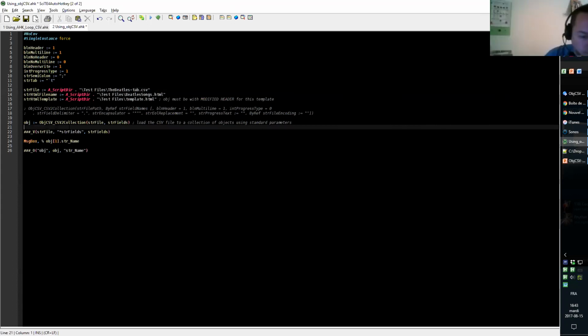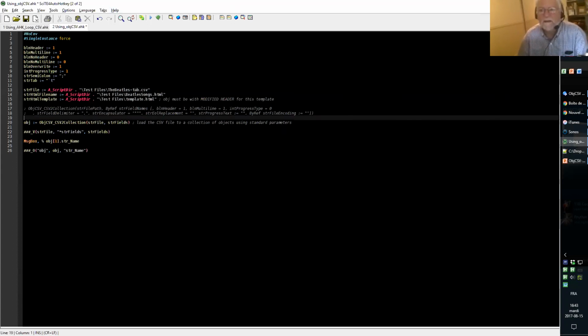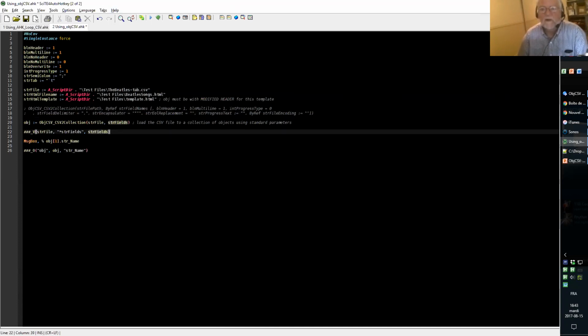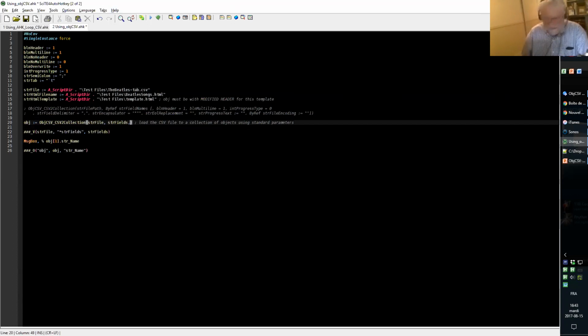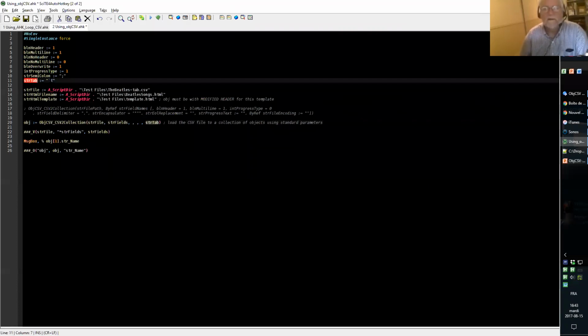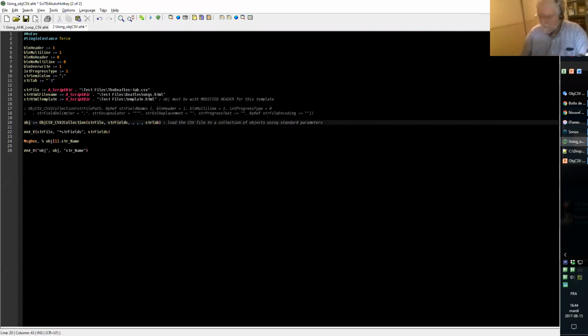Okay, so I have to add here a parameter in this command that says, after the first two, I have this field here, which is string fields delimiter. So I'll have to put a few empty fields. How many? 1, 2, 3, and then this variable that holds here the tick T, which stands for tab.